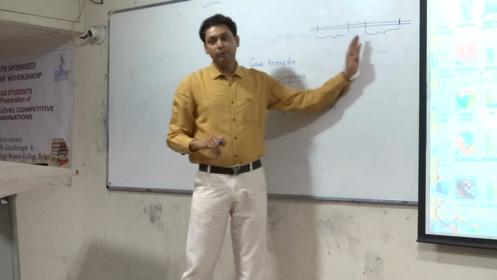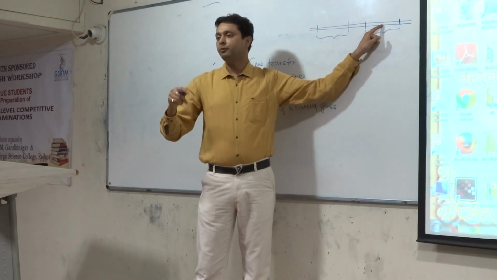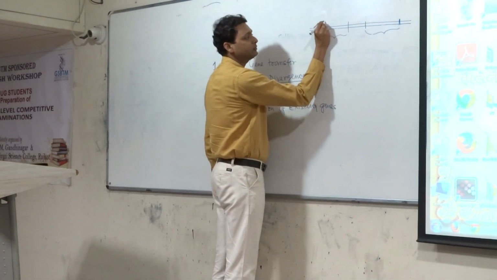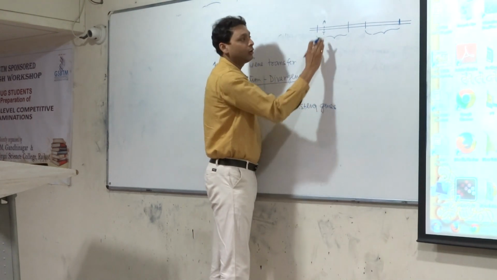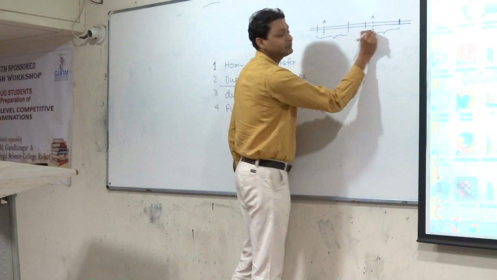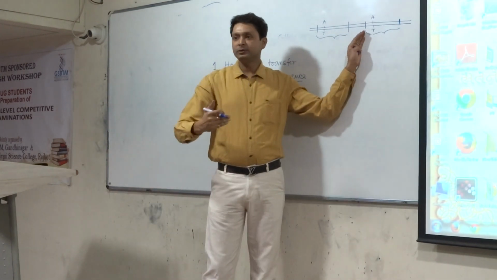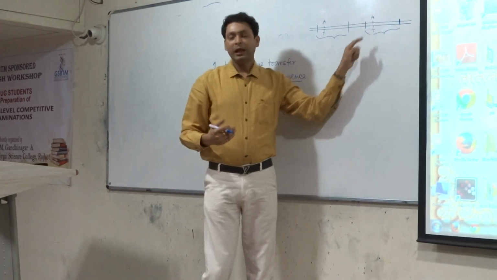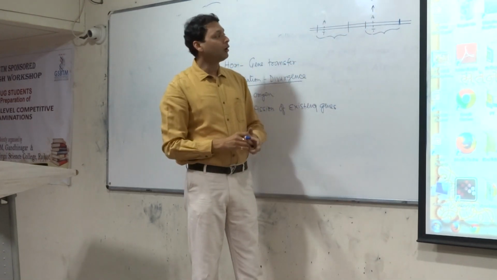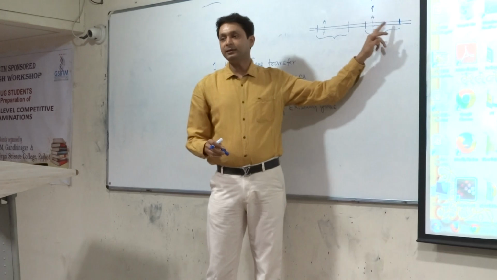Now suppose in the course of evolution, this duplicated gene undergoes changes. As a result of mutation, new changes occur here. At this particular point, suppose this is adenine and thymine. When the duplication occurs, the same copy is formed with the same sequence. So in the beginning there is the same sequence. Now suppose in the course of evolution some changes occur here. As a result, this particular AT changes into a different base pair. Now I can say these two genes are not the same. There is a difference in these two genes.